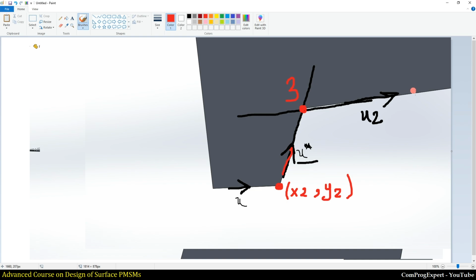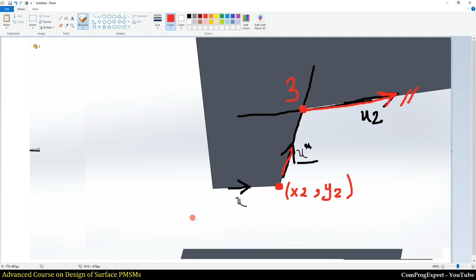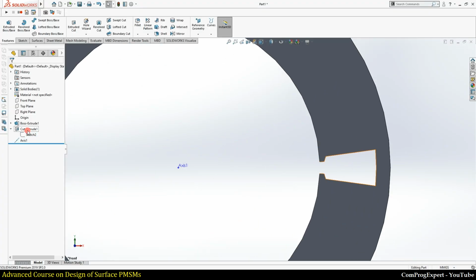How can we specify the equation of this line? We have its direction, its unit vector, and a point that belongs to this line is this one, 0 and negative of WST times 0.5 divided by cosine of alpha S divided by 2. So why this point? Let me visualize it here.